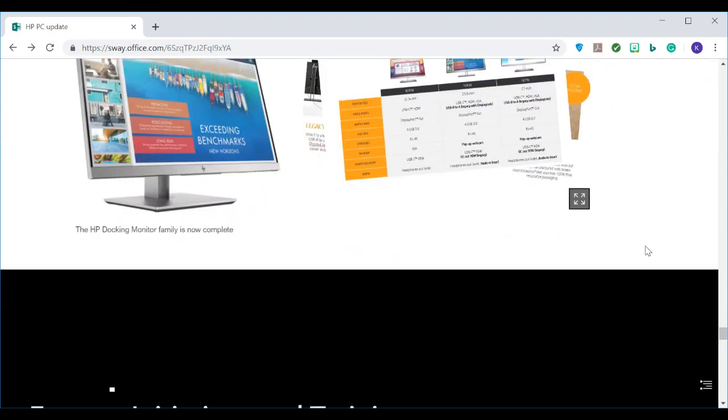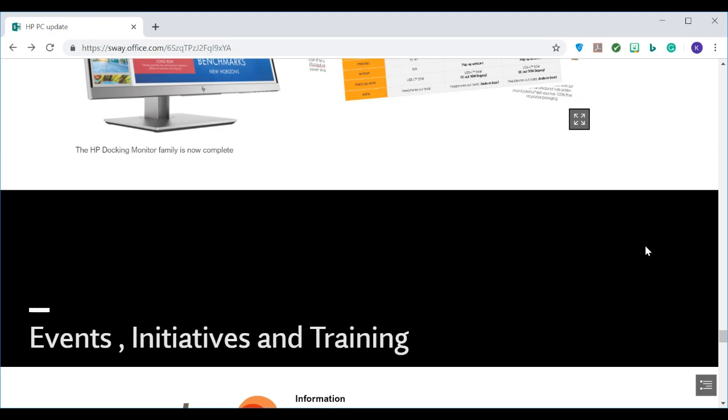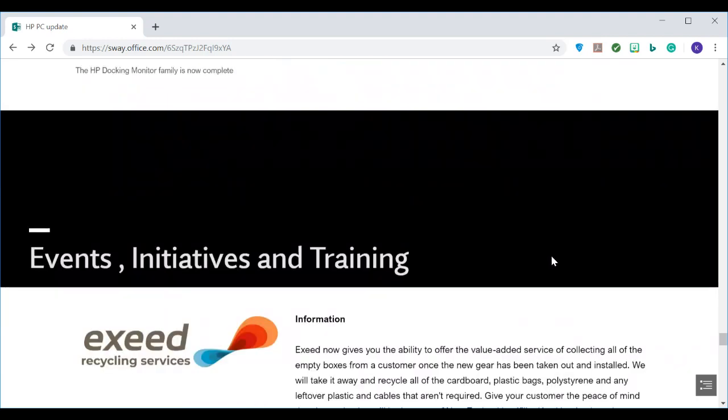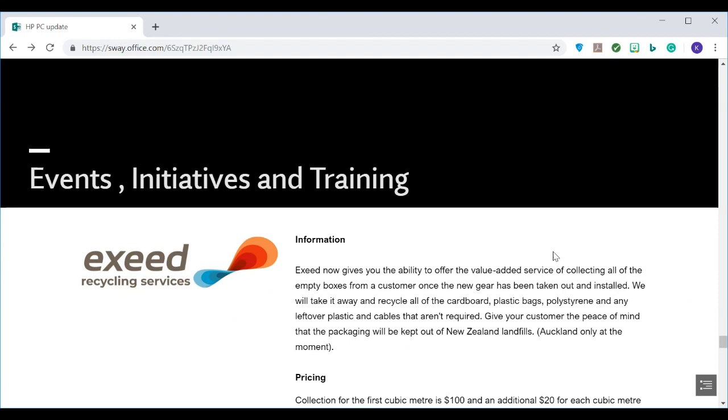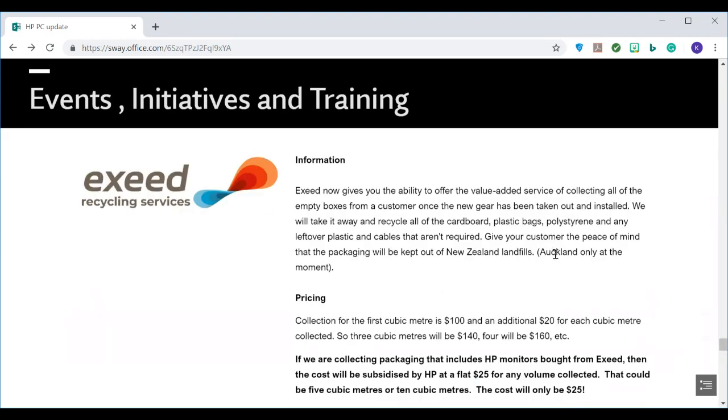So now let's go to updates on Exceed initiative and helpful tool from HP. So earlier, we learned how HP care for the environment, and so are we through Exceed recycling services. Caring for the environment and caring for our customer is also a top priority for us. So we now give you the ability to offer the value-added service of collecting all of the empty boxes from a customer once the new gear has been taken out and installed. We will take it away and recycle all of the cardboard, plastic bags, polystyrene, and any leftover plastic and cables